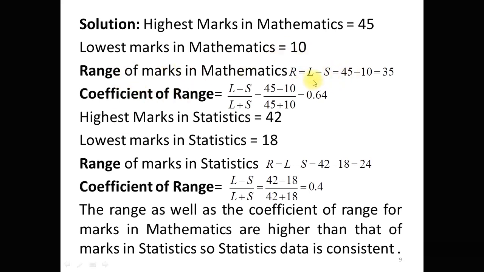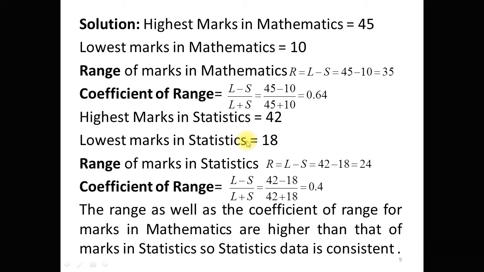For the grouped data we need this formula. Actually the formula is the same for ungrouped and grouped data. So the formula of range and coefficient of range is the same for ungrouped data and for grouped data, but in